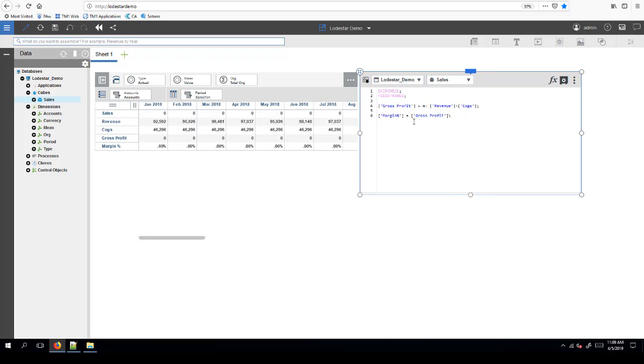So then we'll continue with this calculation, and it's gross profit divided by revenue. Every statement ends with a semicolon. So we have two lines here now. Now these calculations have been created,